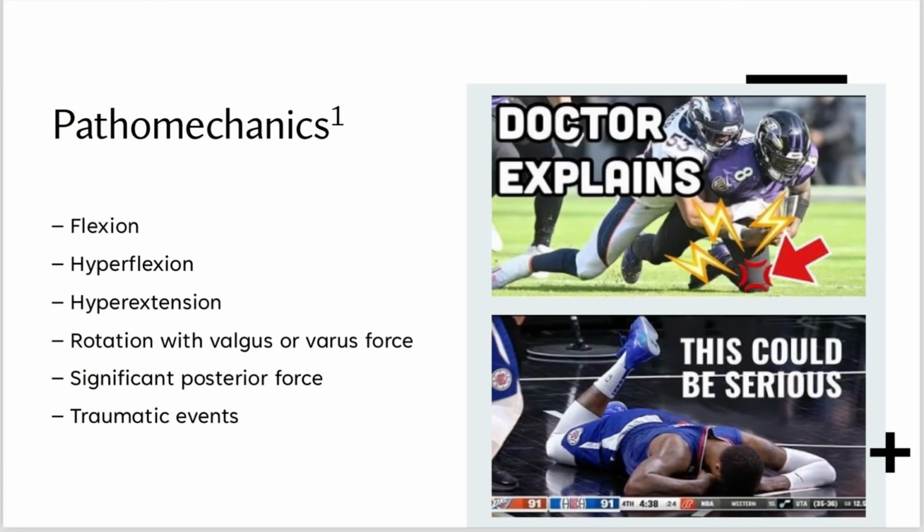So for the pathomechanics of a PCL sprain, it may occur by forced knee flexion or falling into a knee that is flexed, due to the ground reaction force having an equal and opposite reaction directed posteriorly at the knee joint. This is also the same mechanism for hyperflexion injury of the PCL, but the knee will be in hyperflexion. Or another pathomechanic is excessive hyperextension, which could result from landing awkwardly after jumping. And then lastly, as I stated earlier, the PCL sprain could also occur due to trauma, such as a motor